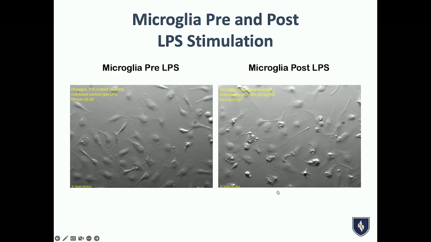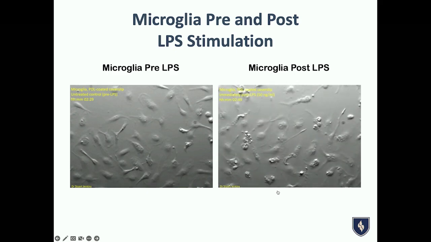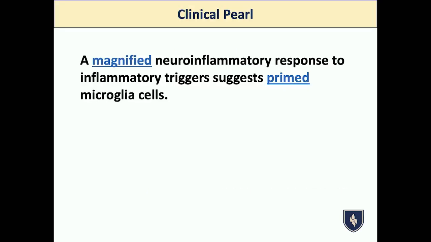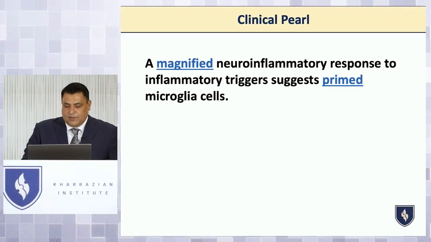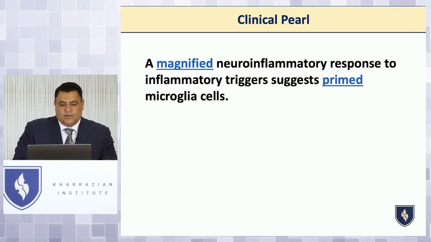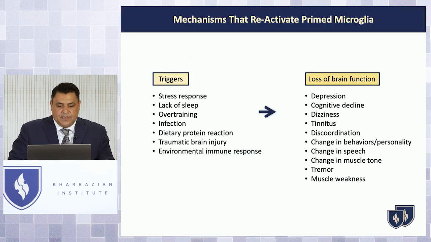And they cause all types of inflammatory reactions that then cause depression and mood changes. So, clinical pearl: a magnified inflammatory response suggests primed microglial cells. So I just made a list of the mechanisms that reactivate primed glial cells. We really go into this in much more detail in the